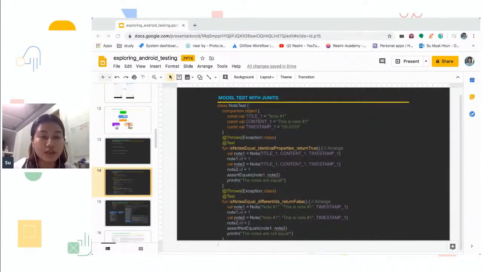The first thing, I want to expect two nodes equal. The two nodes are equal, so we expect that to return true. And then, just to save time,